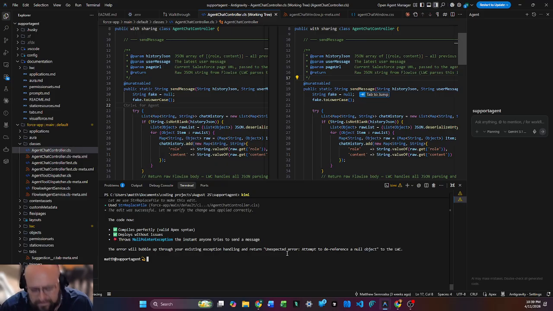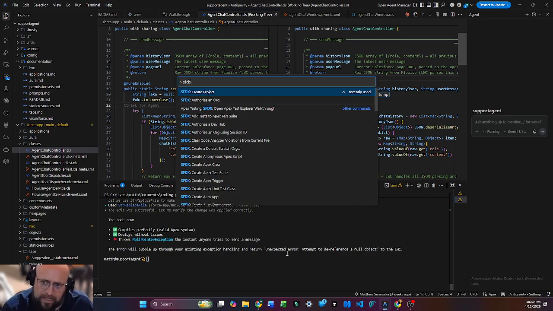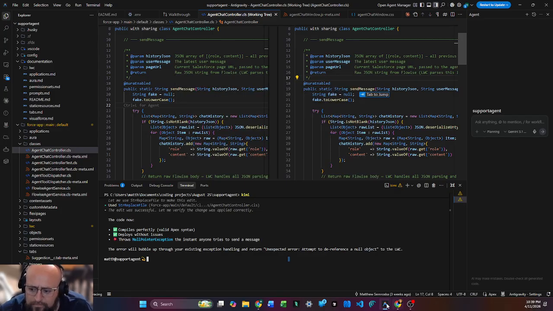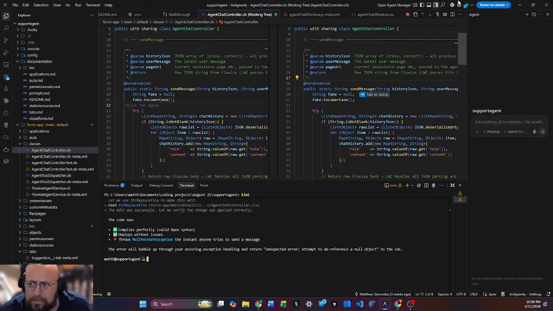I got the Salesforce CLI installed and I have the VS Code extension installed, and I'm just going to hit Control-Shift-P, and then it's SFDX, and I'm just going to type like debug. So I'm not seeing what I'm looking for, which is turn on replay debugger. So what I'm going to do,